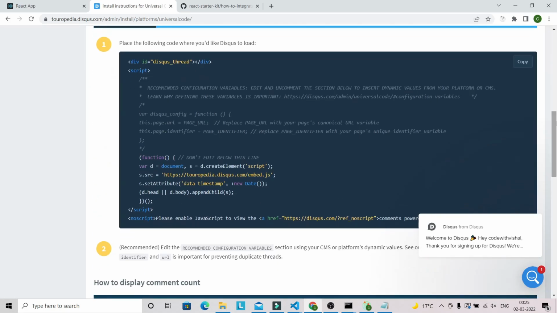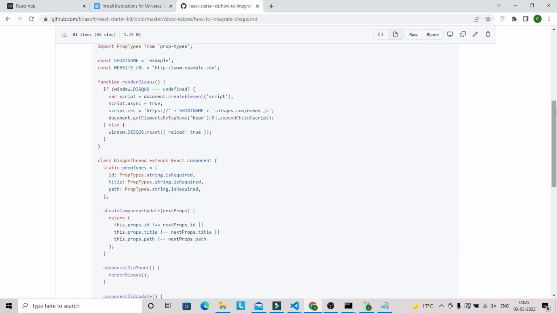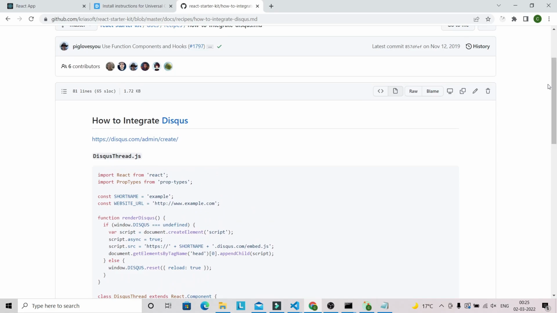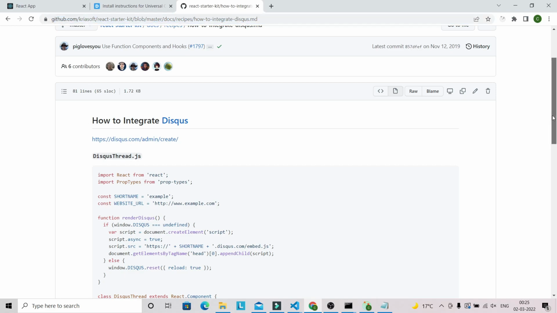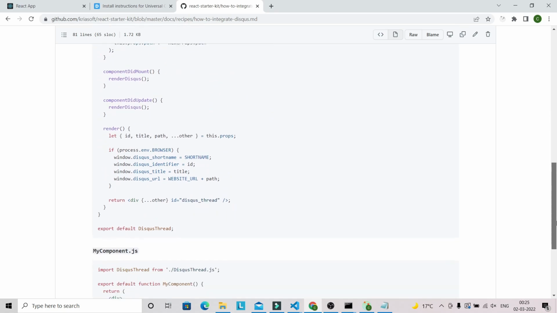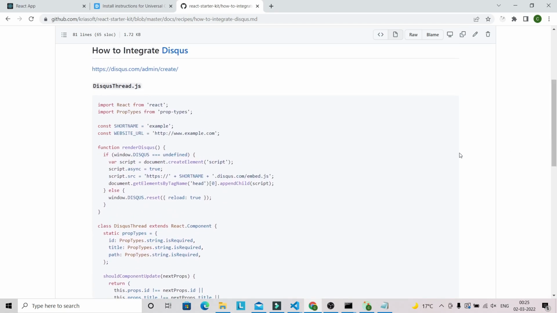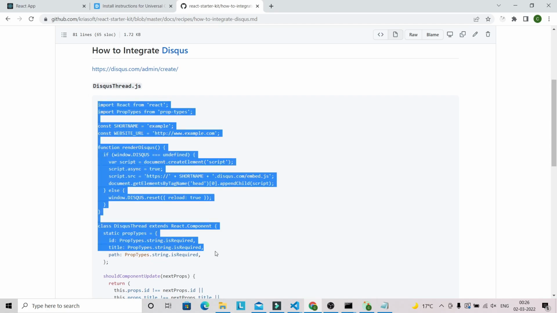And for now let's keep open this one, and to integrate a Disqus in our application we have to use this code which already have in this GitHub link. So I will provide this GitHub link, so it will be easy to integrate Disqus with this code in our application. So what I'm going to do here, so I am just going to copy this one, and don't worry, I will provide this link in the description so you can easily have this one. So I'm just going to copy this one and let's go to the VS Code,